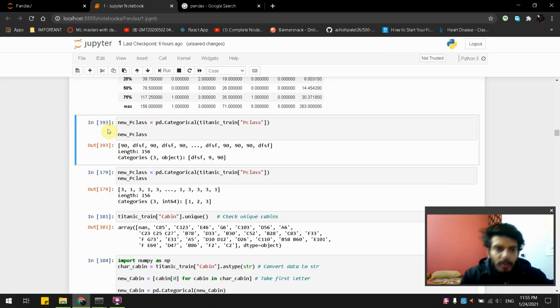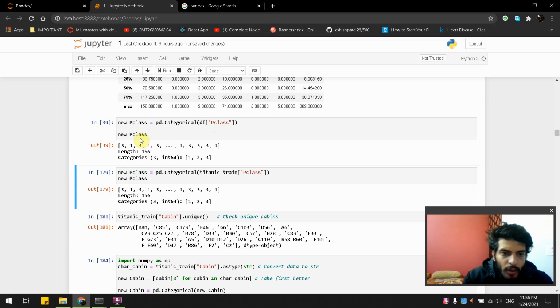Now this is something new: we are having new p class equal to pd dot categorical of df p class. Now you can see how many categories there are in our p class.